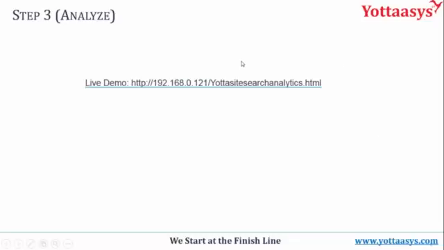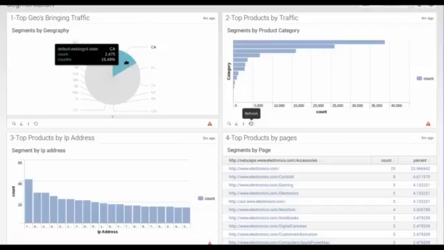Let's start the demo by logging into the system. The first dashboard page focuses on various kinds of segmentations. This chart number 1, which you see now, provides the total customer visits by geography. If we hover over the pie, we can see the numbers in the slice. For example, for the state of California,